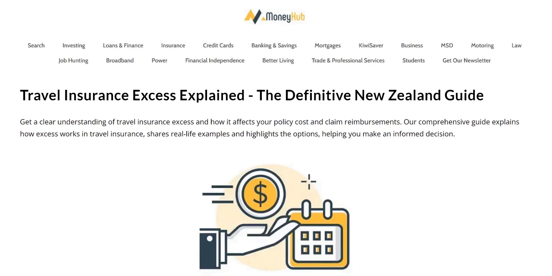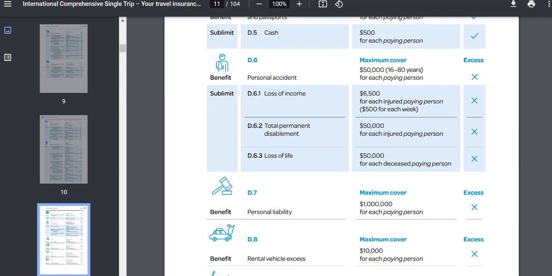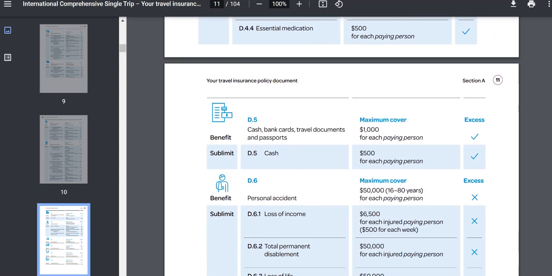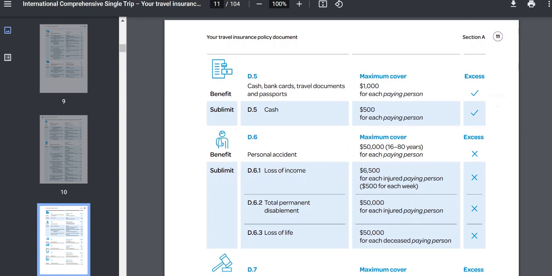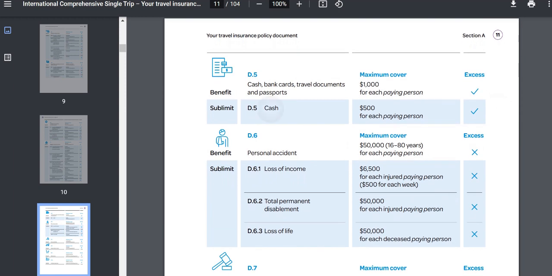which some travel insurance policies offer with regards to certain benefits. So it's best if I just show you exactly what I mean, and we'll take the example here of Southern Cross. So you can see that for certain benefits, there's a tick for the excess and there's a cross for the excess. So what that means is that if you are going to make a claim, say in this example